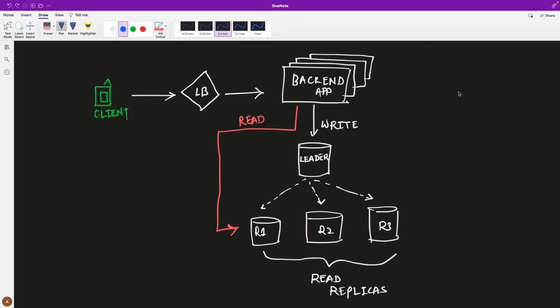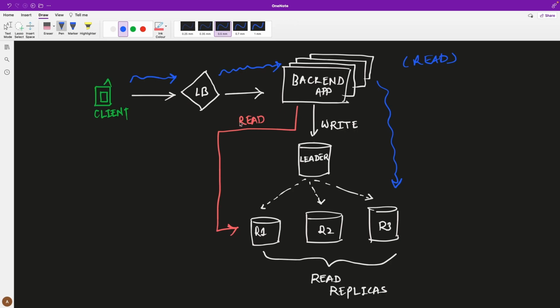So this is the final architecture of the system, right? Let's understand the request flow. Let's say the user wants to fetch the user profile, right? So it lands on the load balancer. Now the load balancer will decide which instance should handle this particular request, right? Let's say it's a read request. So we will go to one of our read replicas, fetch the data from there, and then return the response back to our client.